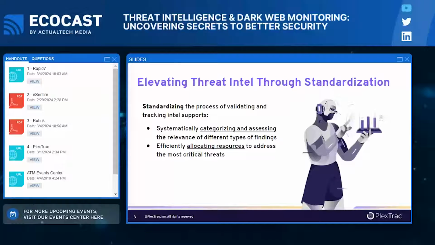So you need to figure out what's important to you, what do you actually want to collect, and why do you want to collect it. You want to then allocate resources efficiently to that, and you want to allocate them not just in general to dark web and say, hey, you're in charge of this, off you go. You want to say, all right, allocate to the most critical threats and have a workflow behind that as well. Move along.